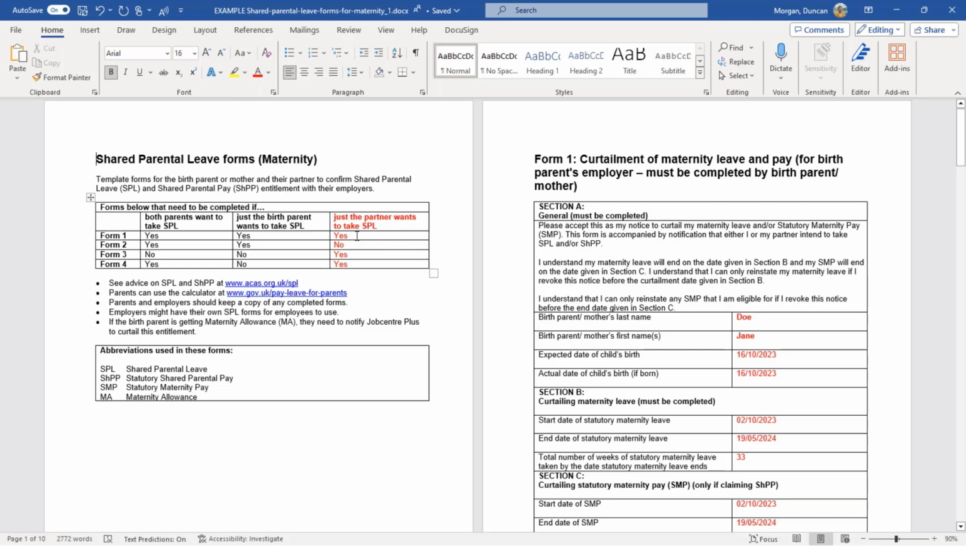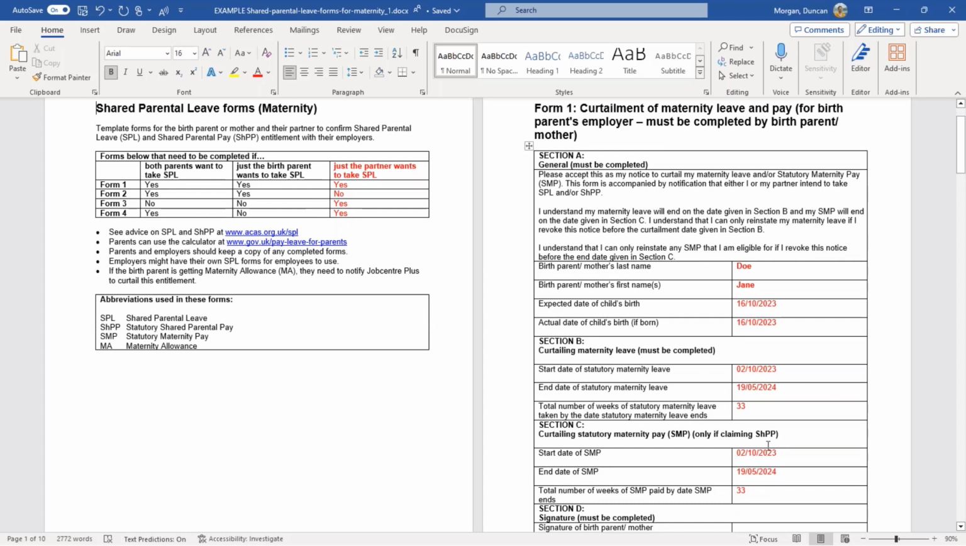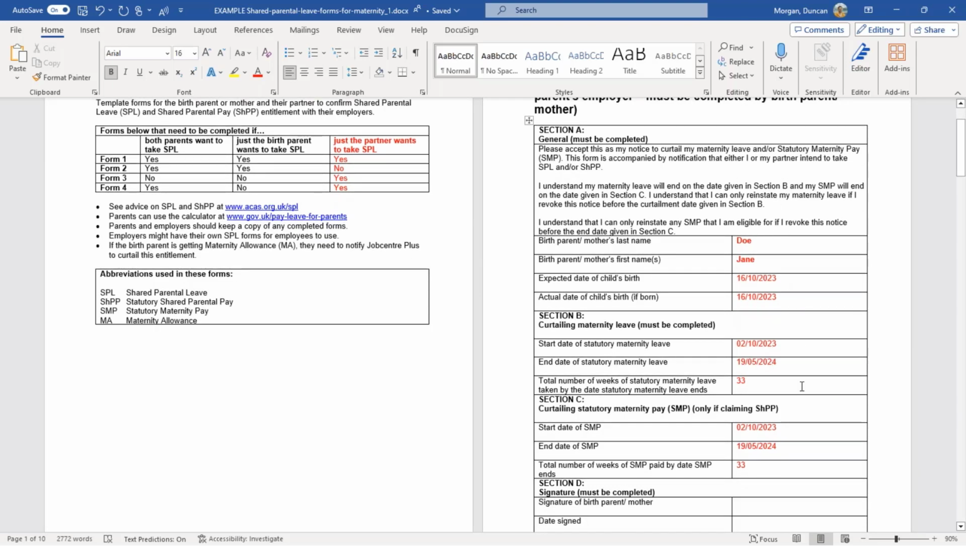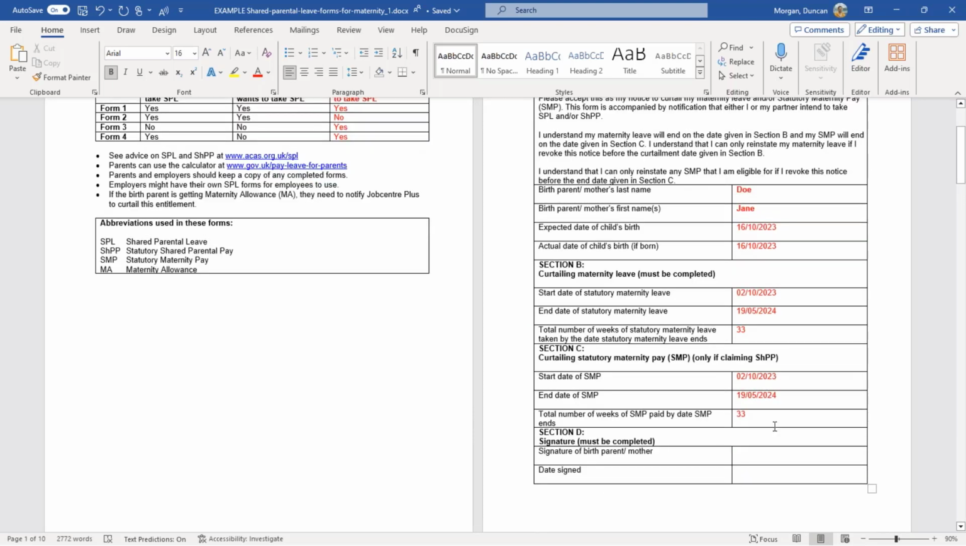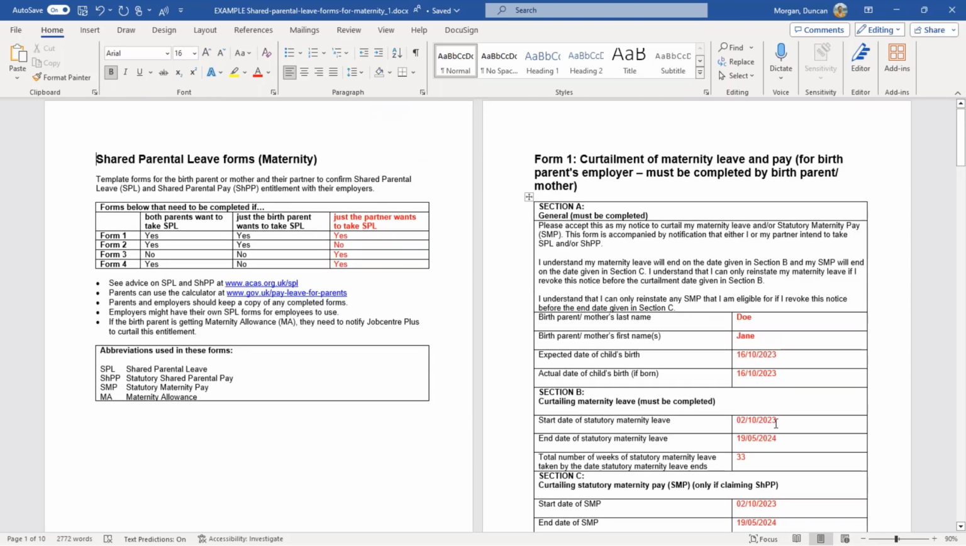So they need to complete forms 1, 3, and 4. Form 1 is the curtailment of maternity leave and pay for the birth parent's employer. This is confirming that the maternity leave is being cut short. In this case, they're taking 33 weeks of maternity leave, and they're informing their employer that that's what they're